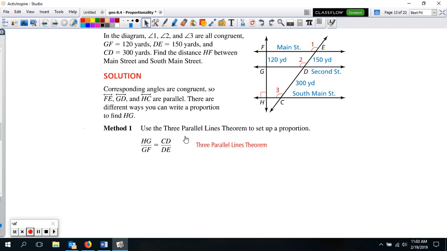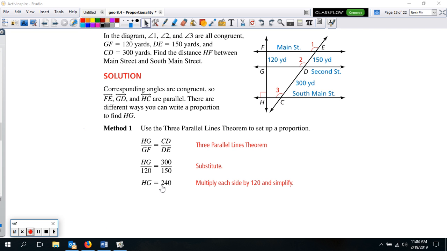So we got the HG one we're trying to find over this one on the same line. And then the DE, that's going to correspond to HG right down here, and it's over the DE, which will correspond to that 120 up there. And so now you fill in the numbers, and we'll just go ahead and cross multiply and solve